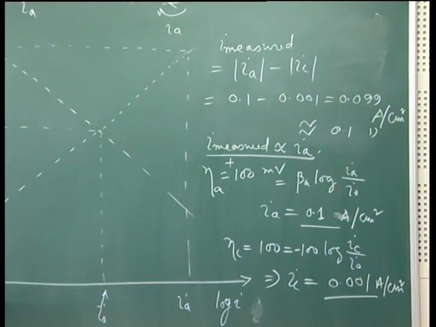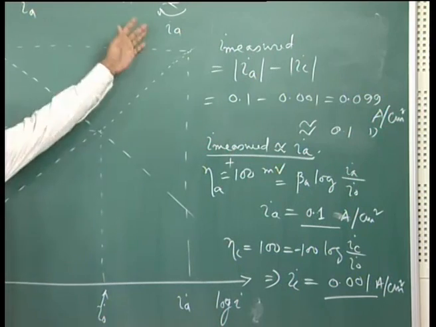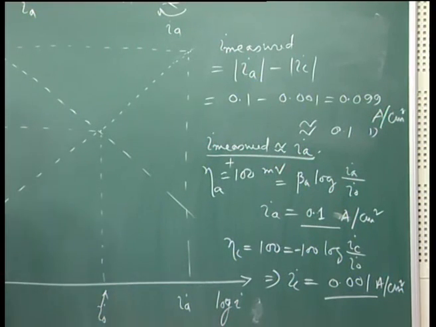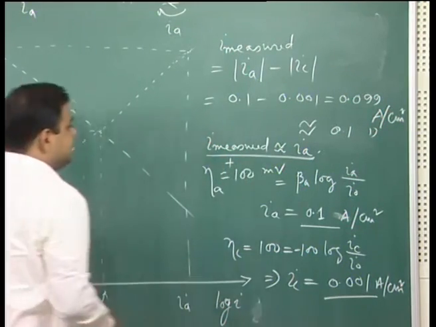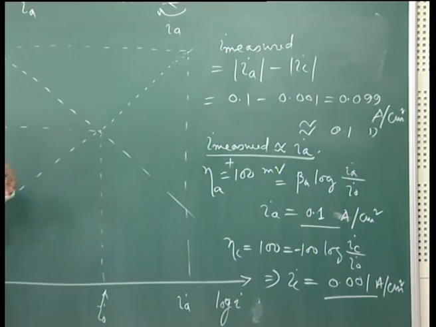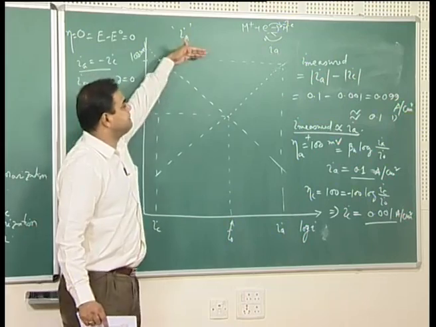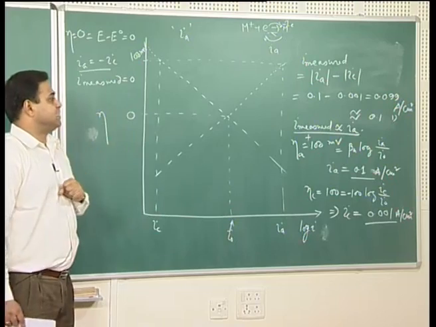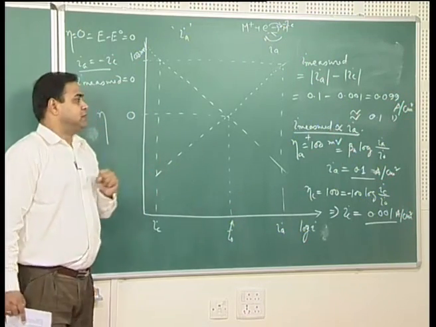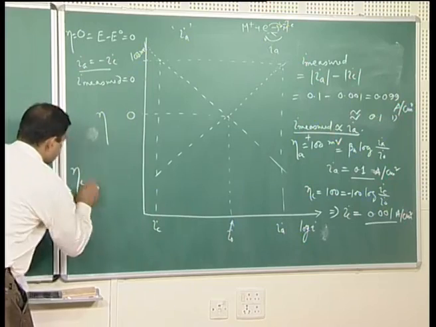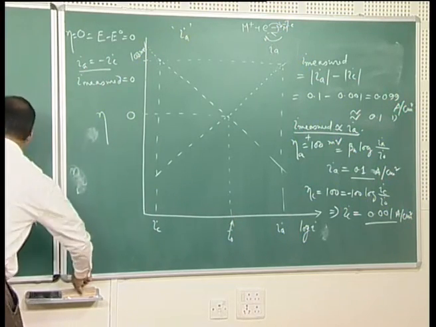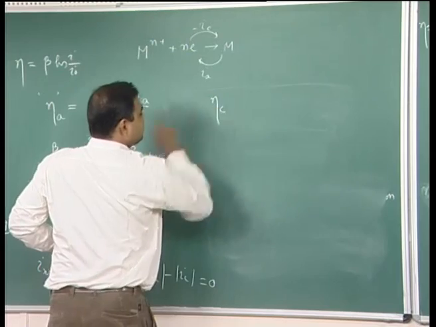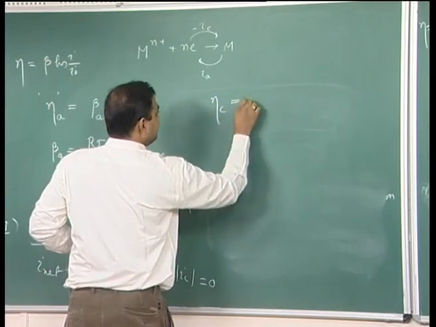At that case, or on the other side, if the current density for the anodic process is very large compared to the current density for the cathodic process, that means the polarization effect due to cathodic current, when we have reached a very high positive potential with respect to the equilibrium potential, is going to be negligible. So eta C, let me write it on this side, eta C would be negligible